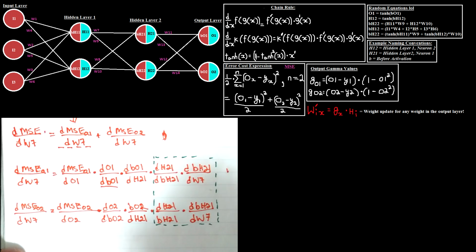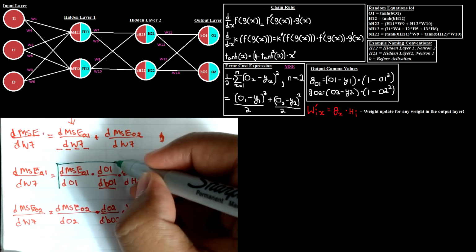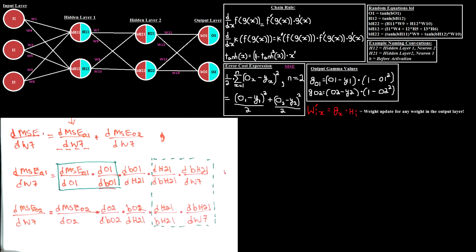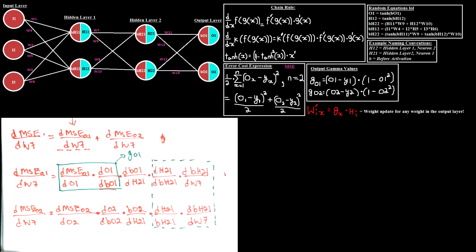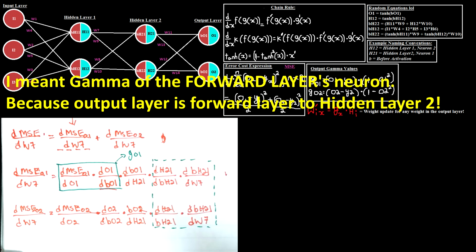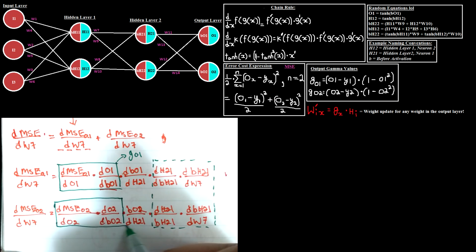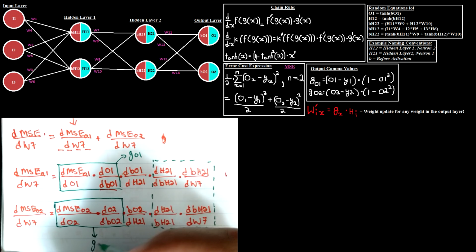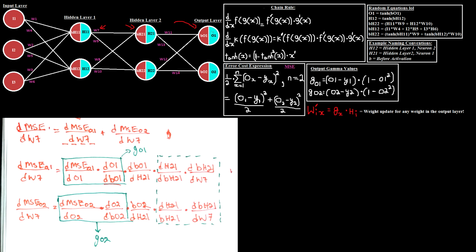Another thing you should almost immediately realize is this part right over here is actually just gamma of output 1 of the previous neuron, right? And this part over here is just gamma of output 2. We're finding these gamma values that we've already calculated in the forward layer, the output layer. We found the gamma value G01, and we found the gamma value G02, and this expanded